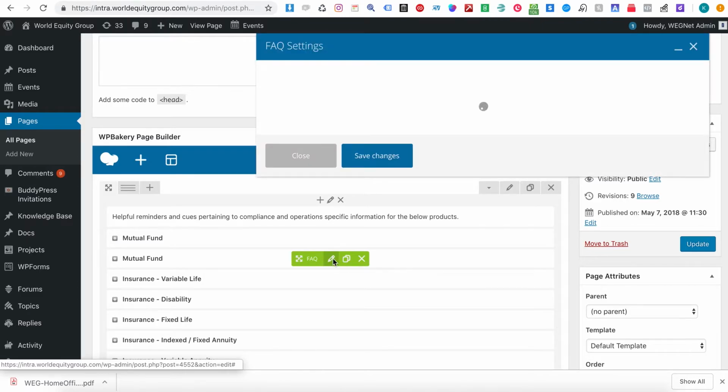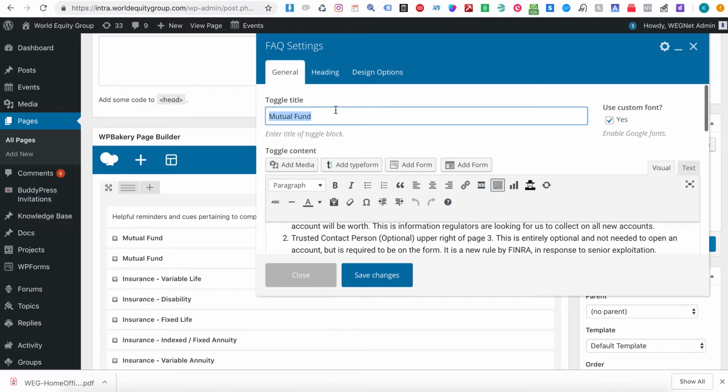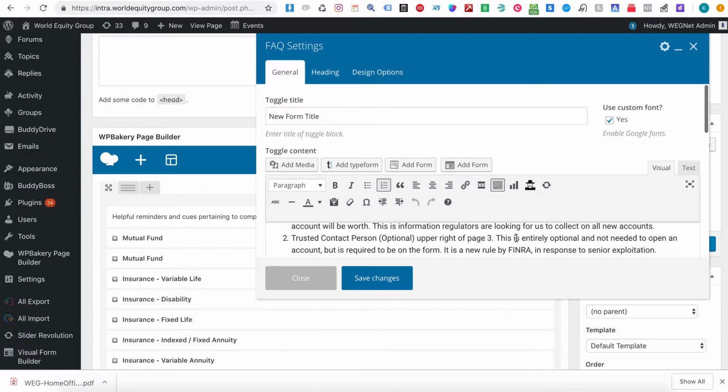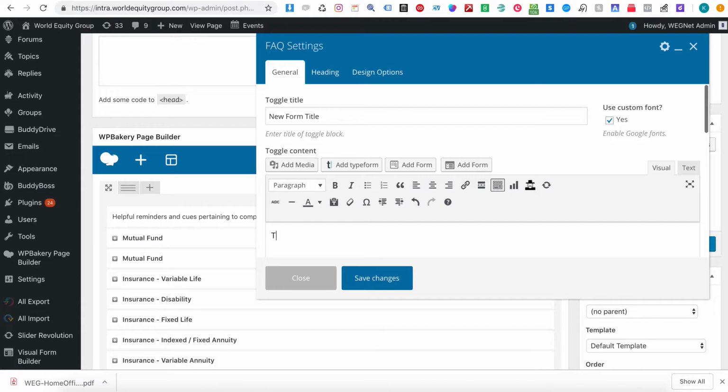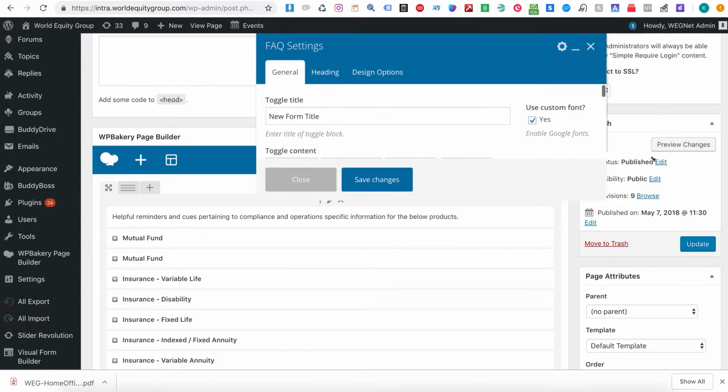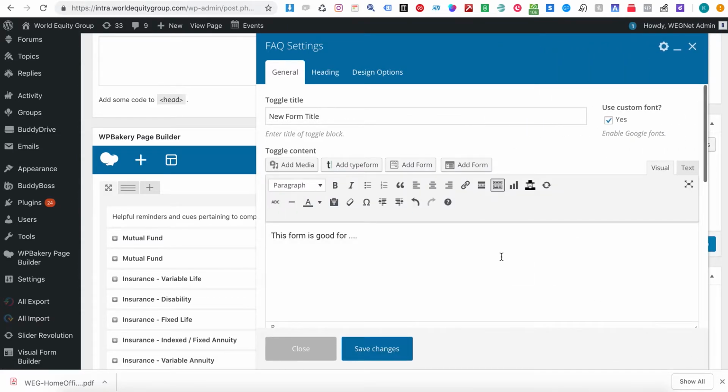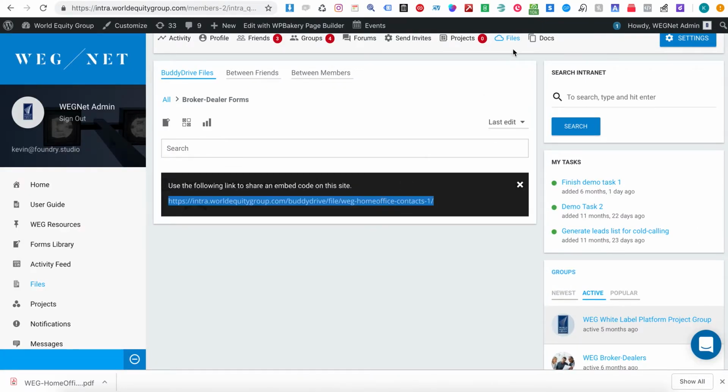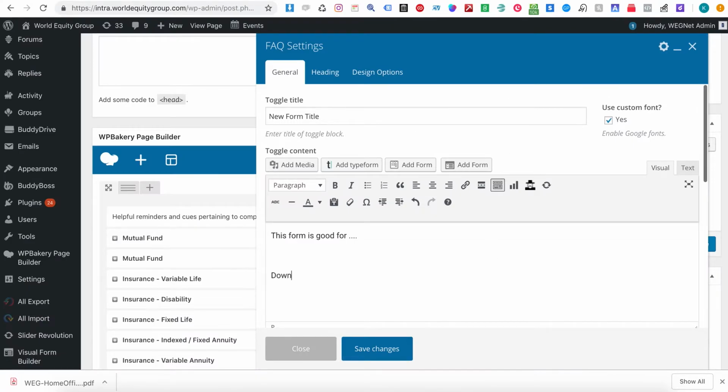And then I want to edit it because we don't actually want it to be a clone. So it is new form title. I go here, I edit it much like I would an email, so I can clear out everything here. So this form is good for blank. I have my link over here to the download link that I want to show. So download this form,